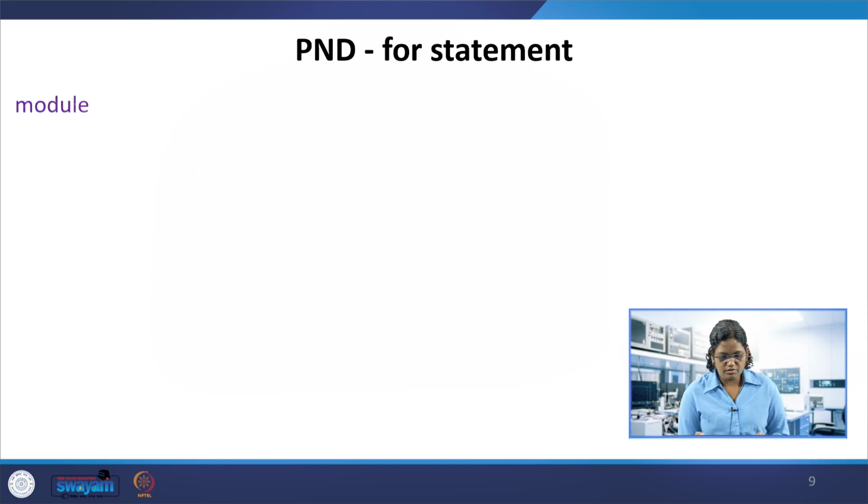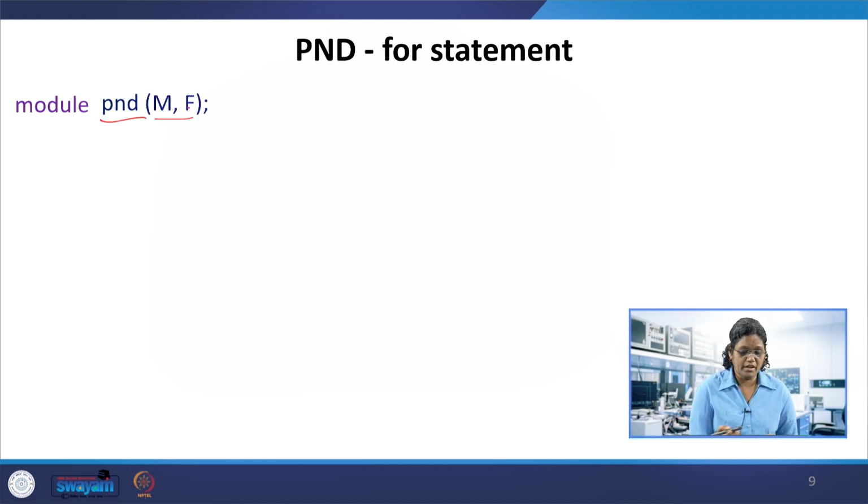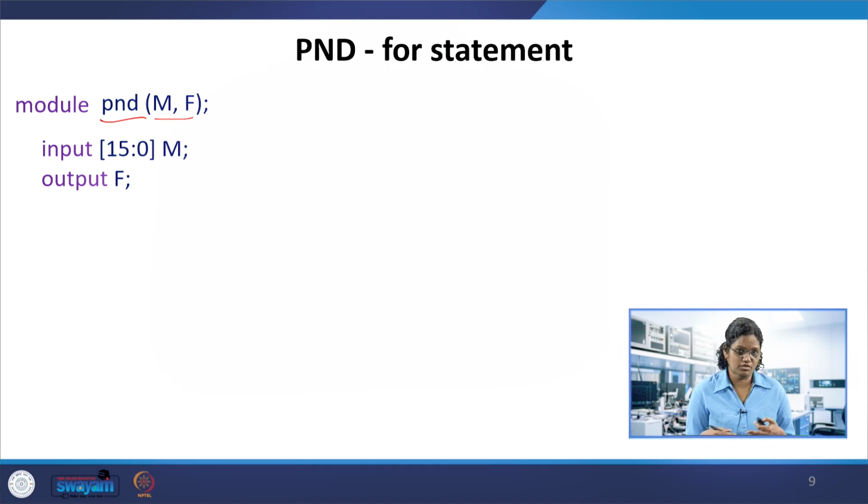So let's use the for statement for this prime number detector module. Again, this PND with m and f. So input, now considering this 16-bit input instead of a 4-bit input, because we are going to use the for loop and check it exhaustively.